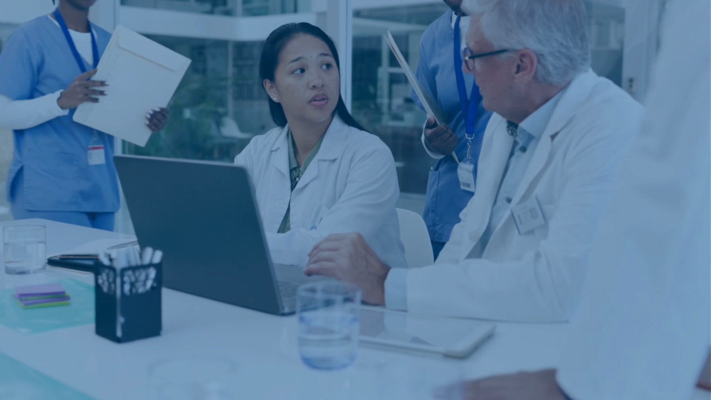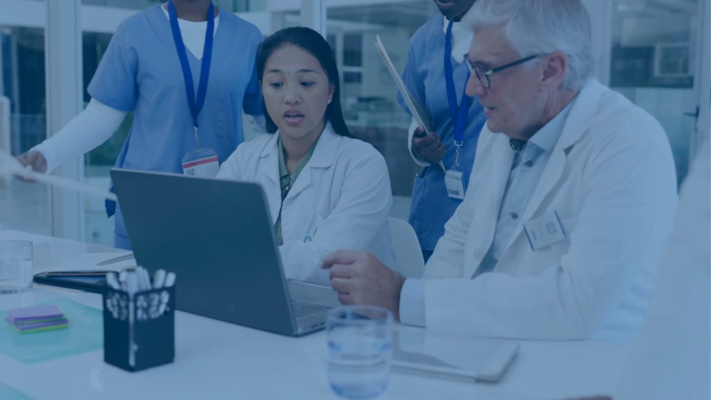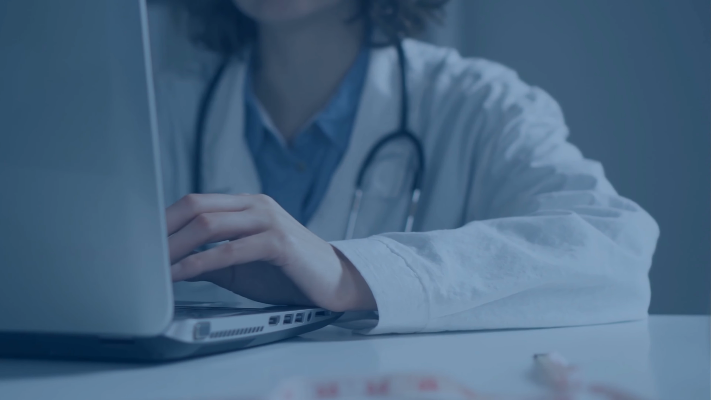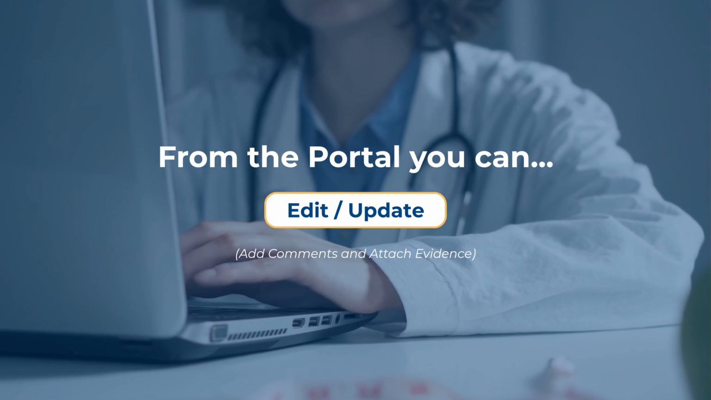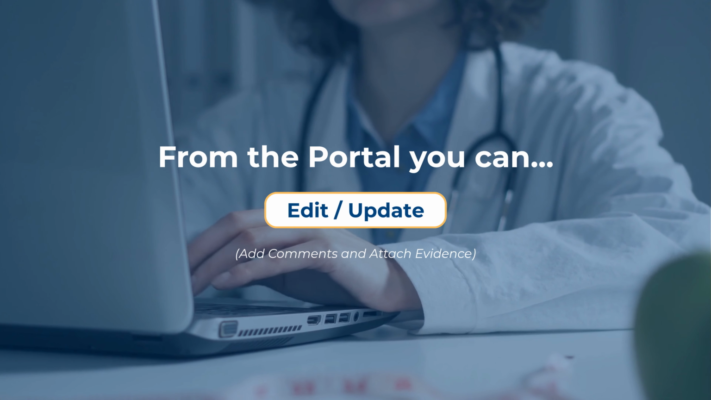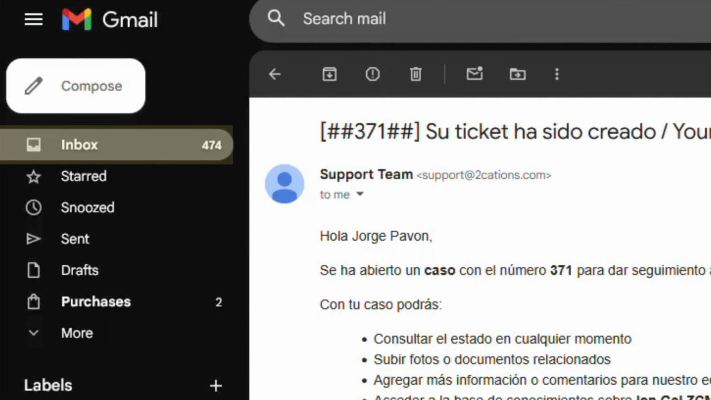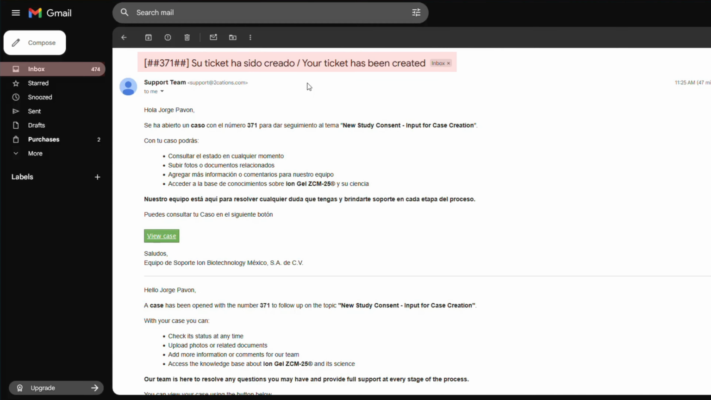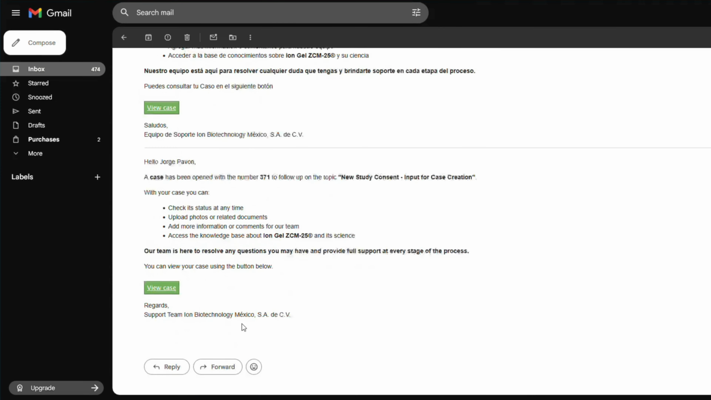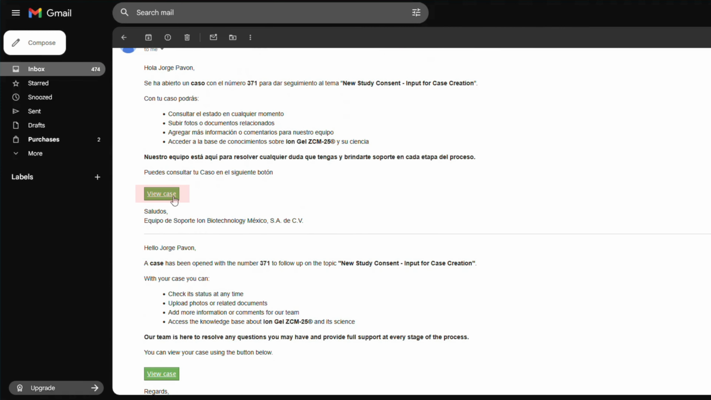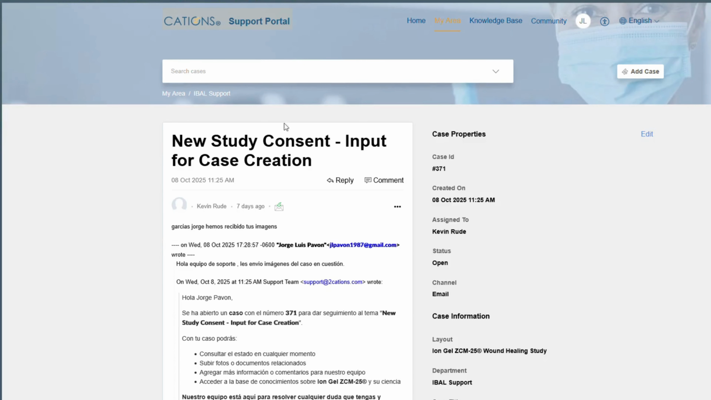Once submitted, the system automatically generates a case in the support portal with the information previously entered. From the portal, you can edit or update the case, add comments, and attach additional evidence. Once the case is created, the principal investigator receives an email notification with the case details. From that message, it's possible to access the case directly through a button that redirects to the support portal, or